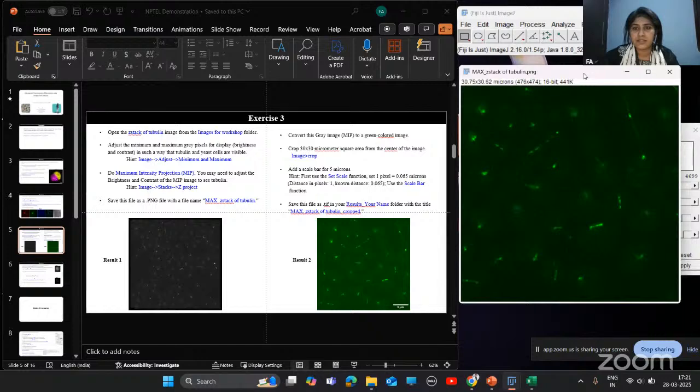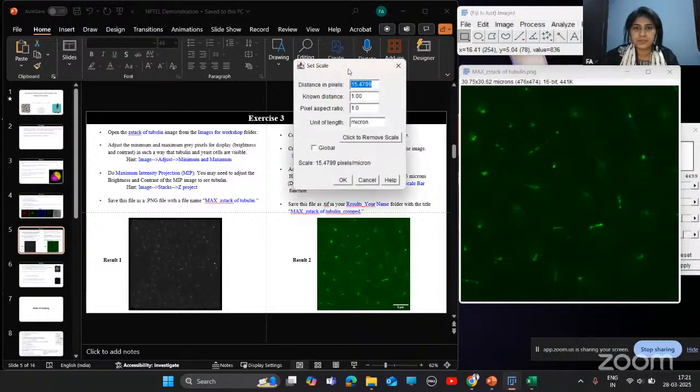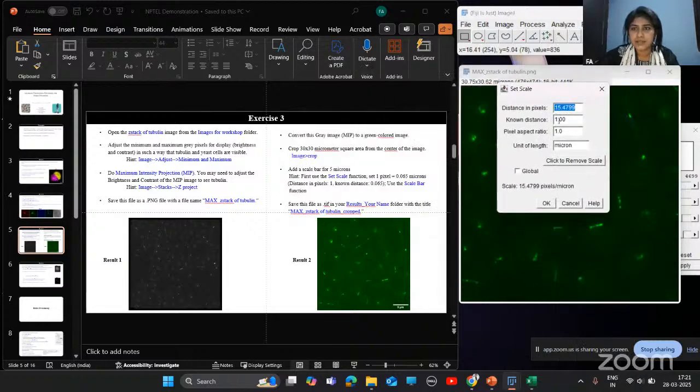For this, first you need to do Set Scale. For this you need to go to Analyze, Set Scale, and you need to provide these values.